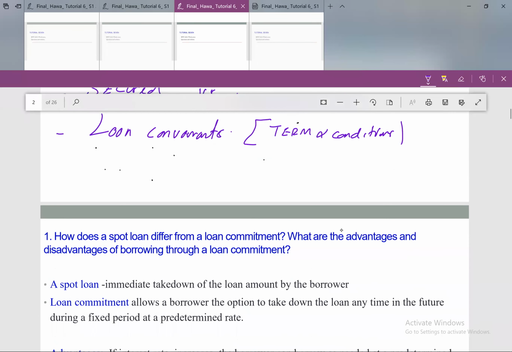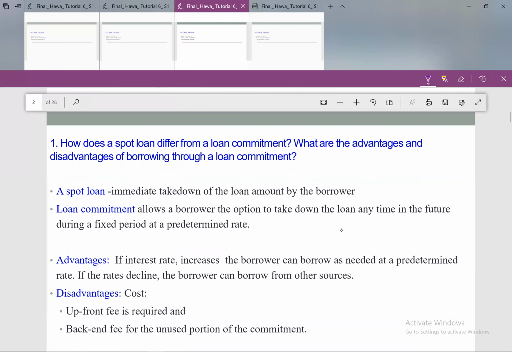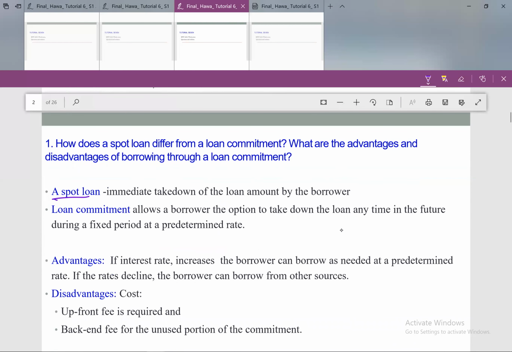Now, let's start with the first issue. How does a spot loan differ from a loan commitment? A spot loan is just, I give a loan, you take it immediately. It's an immediate takedown of the loan amount by the borrower. You apply, maybe they approve it this week, I take it at the end of the week. That's no problem. Or they transfer it to my account within this week or the next day of approval, and that's it. The loan commitment is,